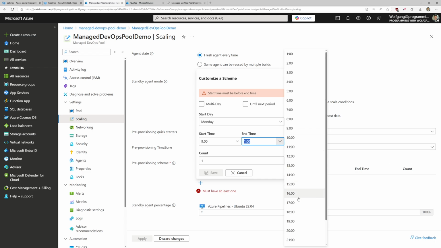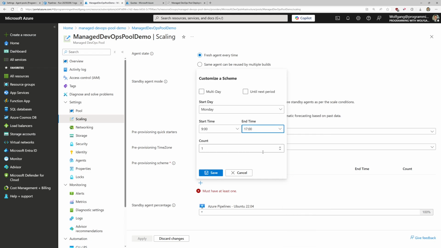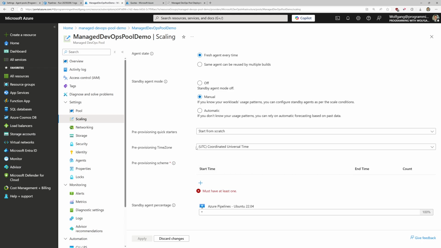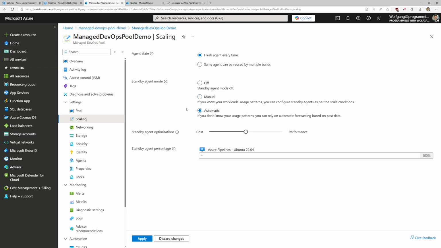And I want to stop them at 5 p.m. because then everyone is going home. Or I can also let Microsoft decide it and let them automatically